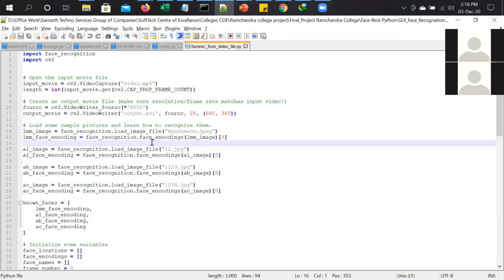Now the code you are looking at is very simple CV2 code, OpenCV code, for taking an input and processing it against whatever value we are giving. Once the value is matched, it needs to identify that value and give a caption to it. Now, when I say a value, what do I mean?